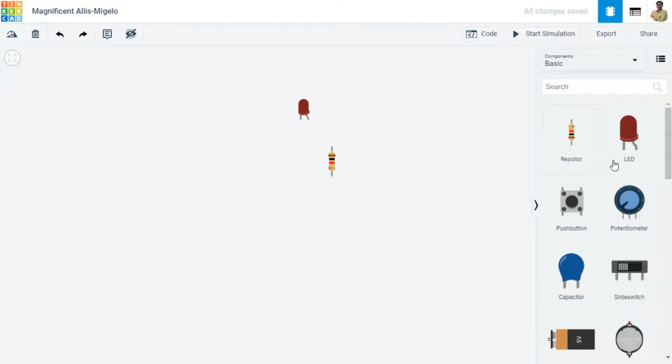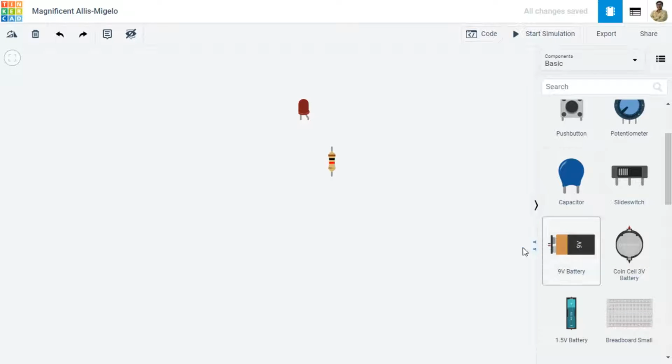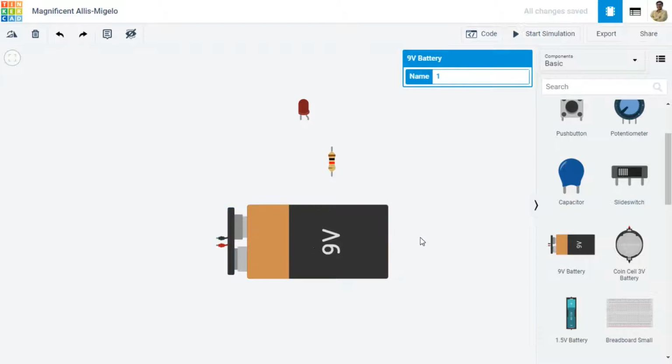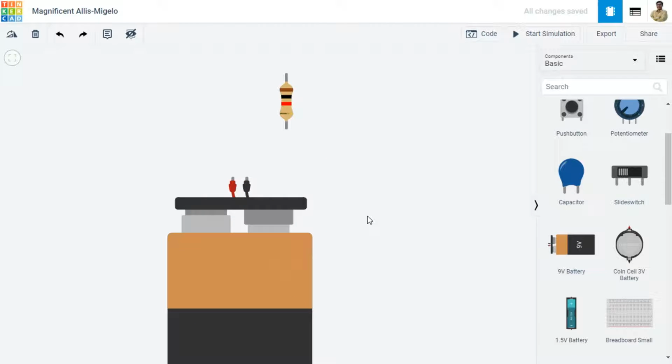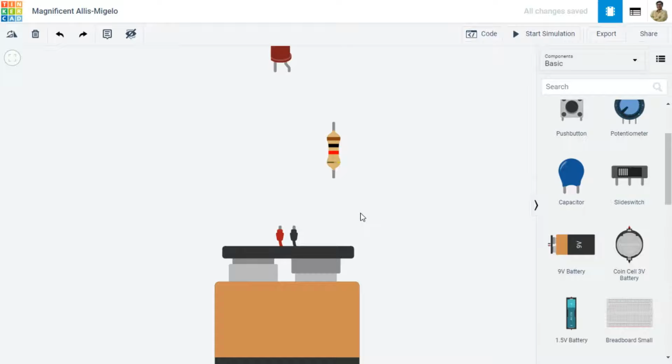Now we are going to make some connection, a very simple one. Let me drag a battery here and I am rotating it. You can observe that there are two terminals, one is black color and one is red color. Which one is positive, which one is negative, we are not aware right now. So let us just hover our mouse over this terminal and you will see as soon as you bring it on the terminal, it shows that this one is negative and this one is positive. By the color convention also, we are going to use black for negative and red for positive.